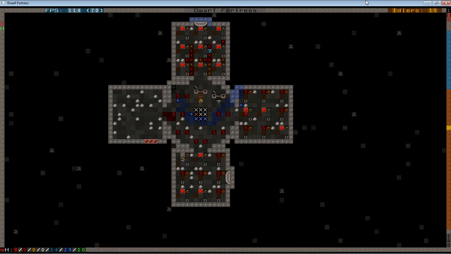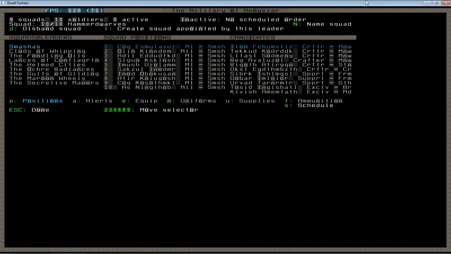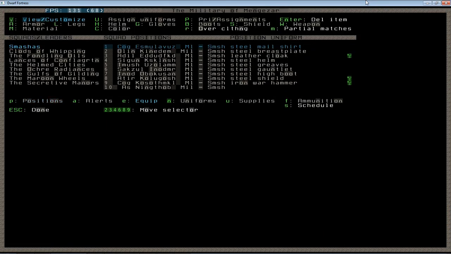Okay, and with the Iron Shield job done and with the Hammer job done, let's check in on our military again. Let's go back in and look at their equipment and see what they've got. Remember, I assigned them all a Smasher uniform, so one thing you need to be aware of with respect to equipping,